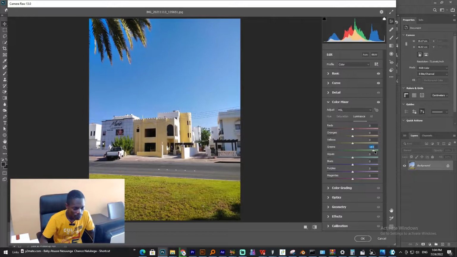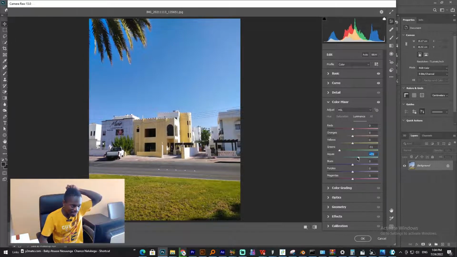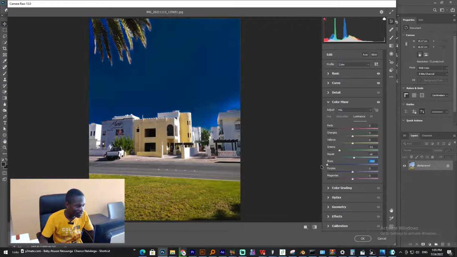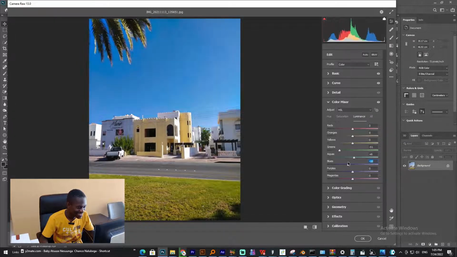So when you go in for the greens and push the greens all the way, you will see the green is almost becoming light or bright. When I need it dark, I just move it like this. Then when you go to the sky, you can see what you can do to the sky. You can take it all the way down, but